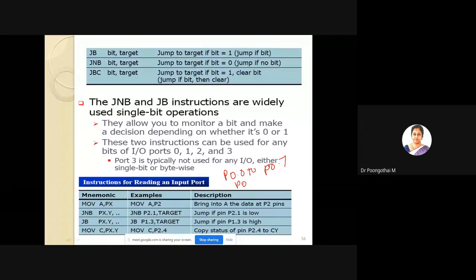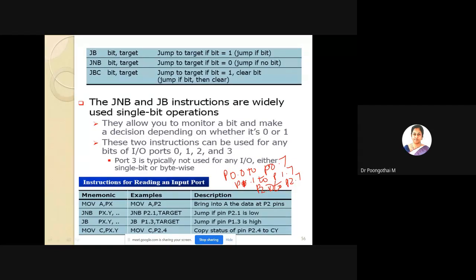Similarly, port 1.0 to P1.7, and 2.0 to 2.7. So mainly IO ports are used in this particular case, that is jump bit, jump no bit, jump bit clear.